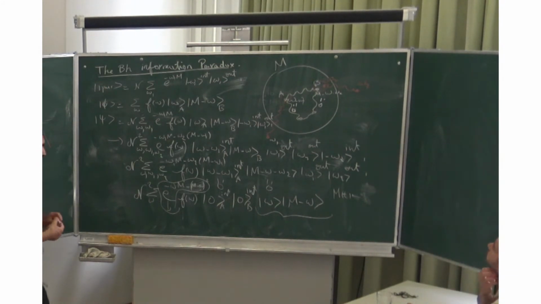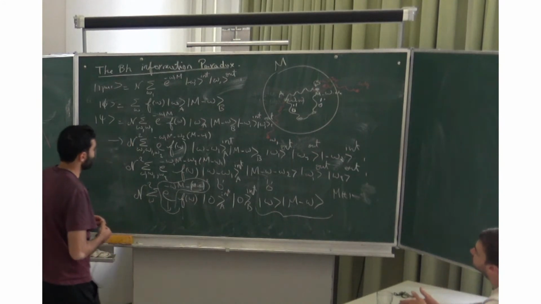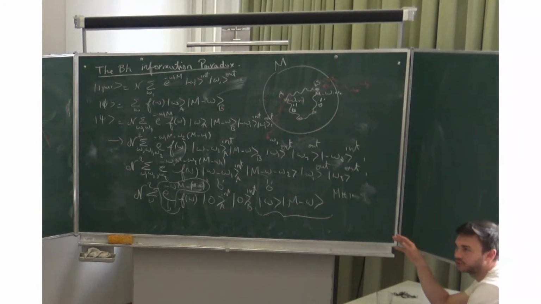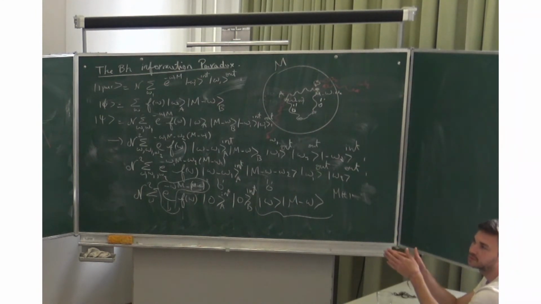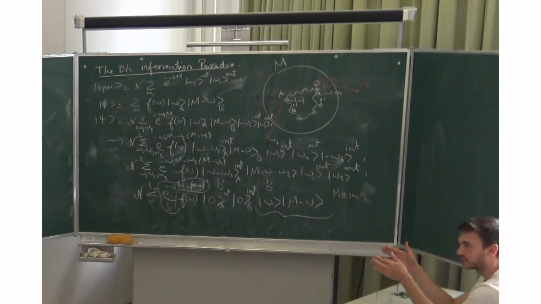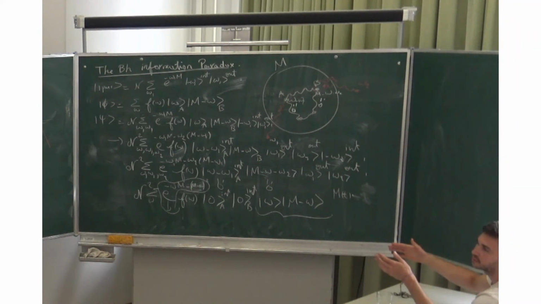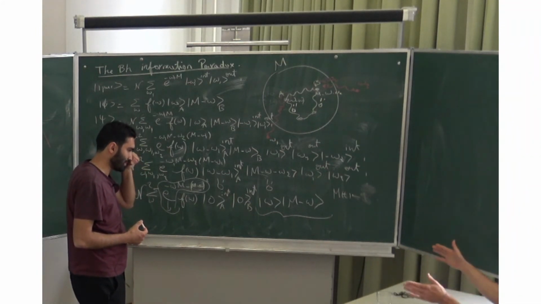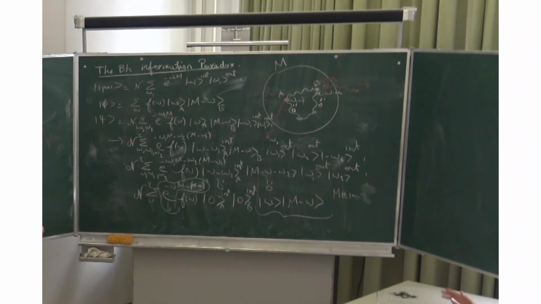Another thing that I found a bit amazing is that it just works to wait long enough. Usually when you have a unitary, you have a Hamiltonian and you wait a certain amount of time until you realize exactly that unitary. But if you wait too long, then you lose the entanglement swapping or whatever you want to do. And here you just wait long enough and it's still preserved. It seems amazing to me.